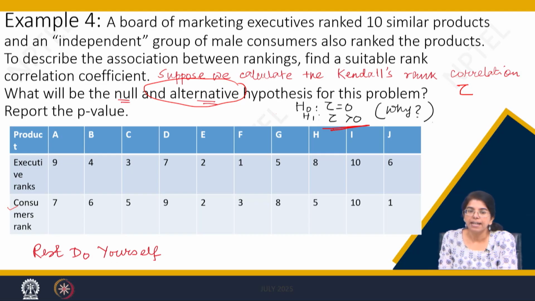Now what is the speciality of this type of example? In this example, you have to have some intuitive guess of what the real life story, what pragmatism, actually asks. If the producers as well as the consumers are giving the same ranking, then that will be a better situation. And this thought will come from your pragmatism, from your real life intuition, isn't it so? So tau greater than 0. Now the rest you can do on your own.